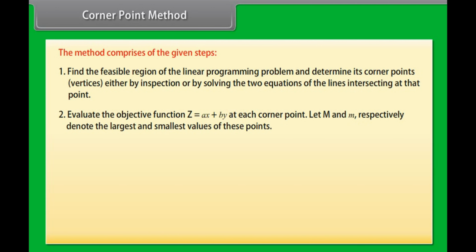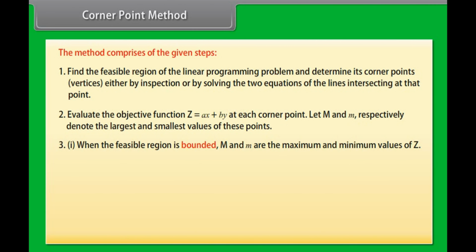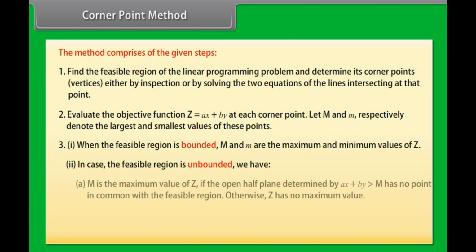Let M and m respectively denote the largest and smallest values of these points. 3. (i) When the feasible region is bounded, M and m are the maximum and minimum values of z. (ii) In case the feasible region is unbounded, we have: